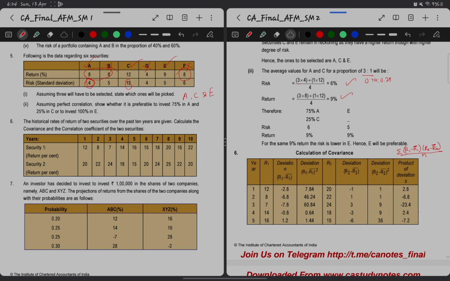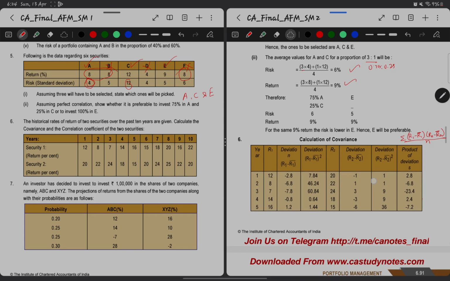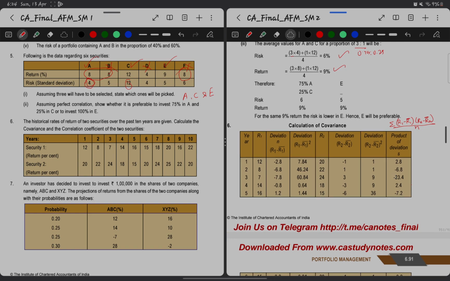I've given a detailed explanation on the covariance and correlation coefficient in the previous videos, so please watch that and then watch this. The two securities' returns are given for 10 years. So for covariance, we will be taking